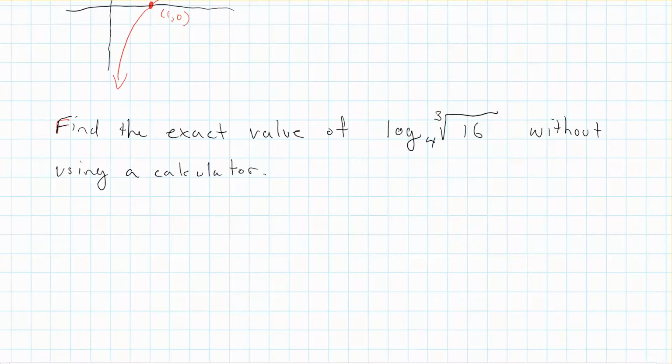I mean, we could use a calculator to verify the answer in the end, and maybe we'll do that at the end here using the change of base, just to remind us of the change of base. So we're supposed to find the exact value of this